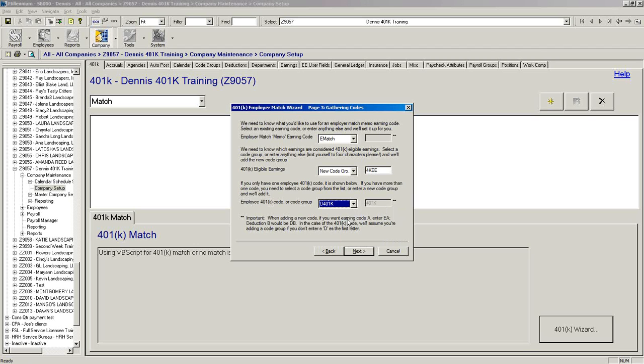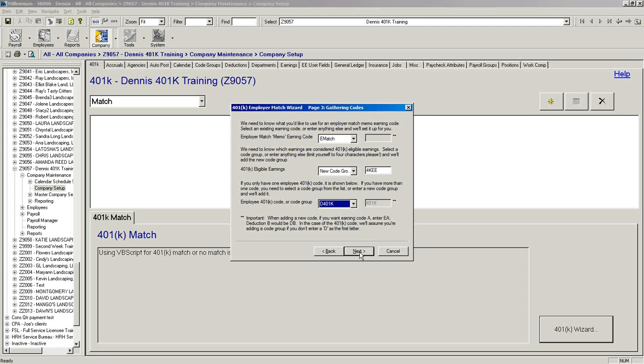Now your options are to choose the one code. Again, I recommend the code group in case the client has another 401k code. Some folks, if they're coming from other systems, will have multiple codes. With some of the other software out there, you can't do a flat 401k deduction and a percentage 401k deduction in the same code, so you have to have two. Millennium's much more flexible than some of them, so that is not necessary.